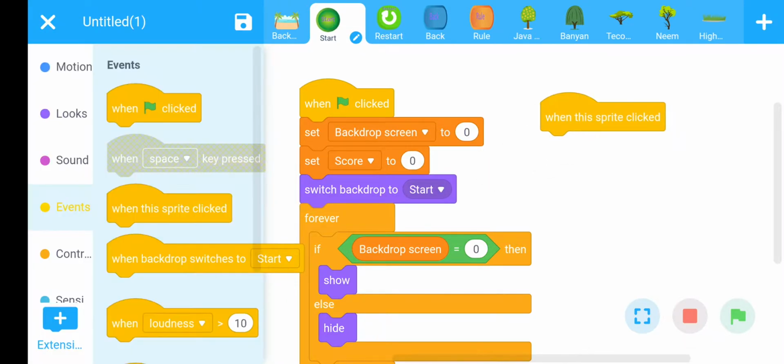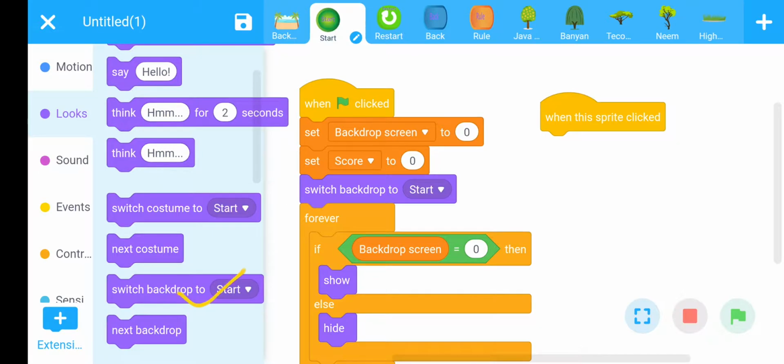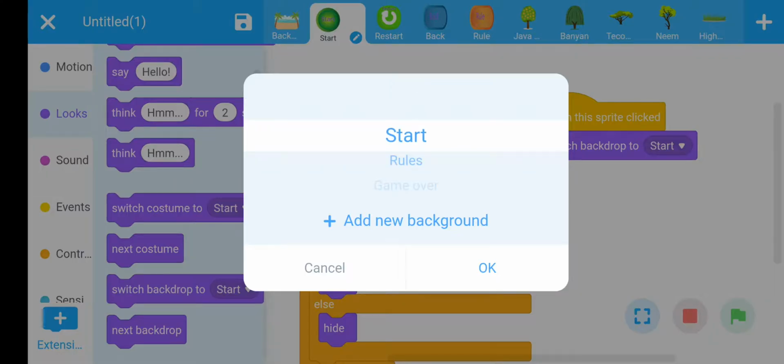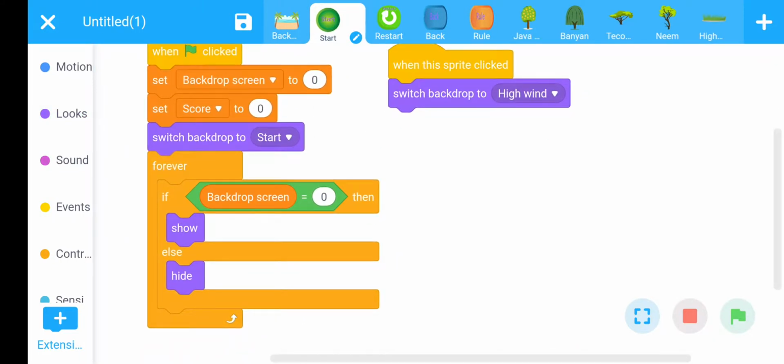When this sprite is clicked, what should happen? Our backdrop should be replaced by the high wind landscape. Then go to the Looks section, switch backdrop to start, and start should be replaced here with high wind. Okay, and then save.